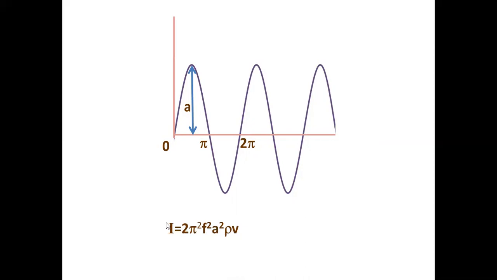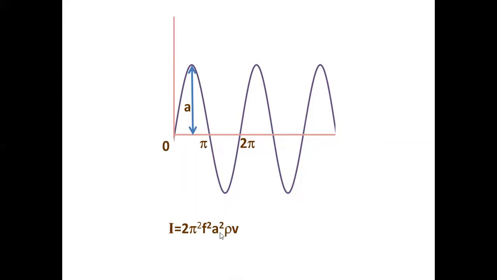Now, intensity is directly proportional to the square of the frequency. Suppose you have another wave having double the frequency, its intensity will be 4 times more. And if you have another wave of amplitude 2 times the other wave, then its intensity will be 4 times. Of course, if the speed is double, intensity gets doubled. If the density of the medium is double the other, then the intensity of the wave in that medium will be double, because here you don't have a square. So if rho and v are doubled, then intensity gets doubled in each case. And if amplitude is doubled, intensity becomes 4 times. This is what is needed for us.